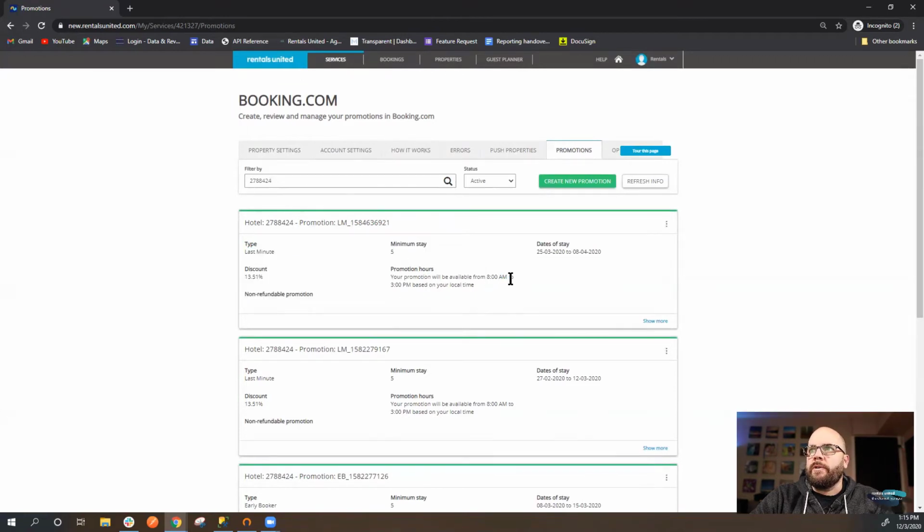Your promotion hours will be available from 8 a.m. to 3 p.m. based on your local time. The discount is a 13.51% discount. It's a non-refundable promotion. And for dates of stay, they can stay March 25th through August 4th is what this promotion was. So this one's already expired because we're in December already, but we're going to go ahead and create a